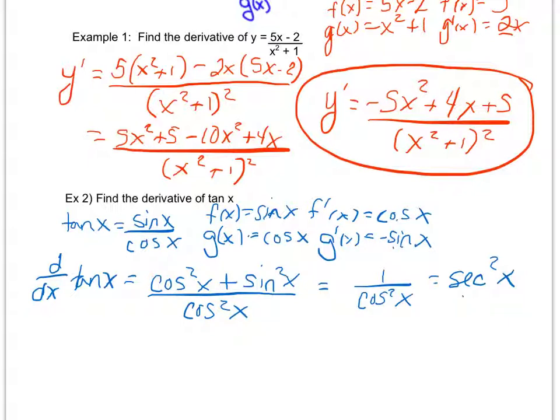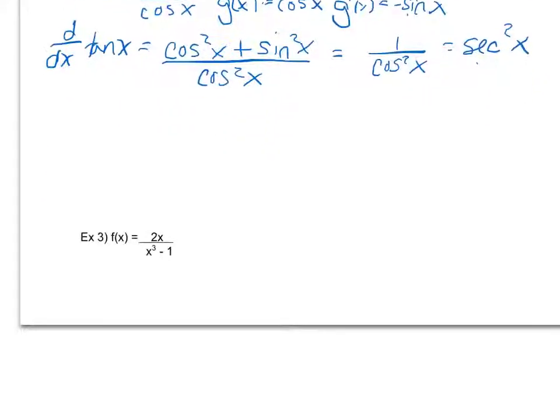As I said before, if I wanted to show how I can find the derivative of cosecant, I would say cosecant is 1 over sine, and then use the quotient rule with that. How do I find the derivative of secant? Secant is equal to 1 over cosine, therefore I can use the quotient rule to find the derivative of that. So it's kind of one less thing to memorize if I can just know and understand how to derive